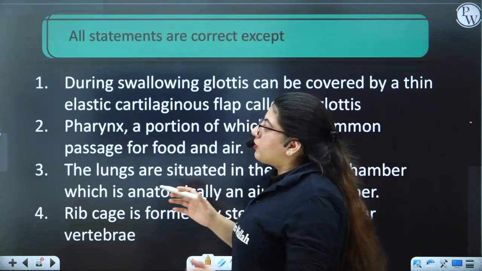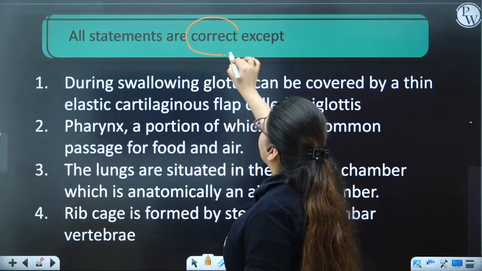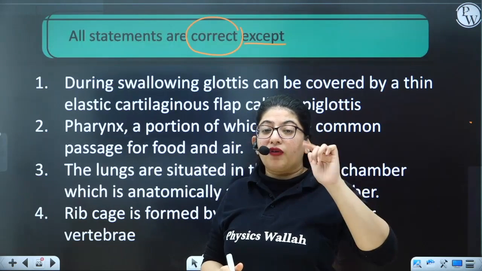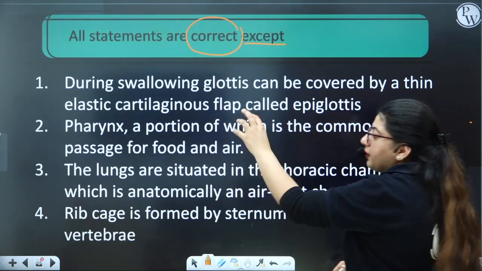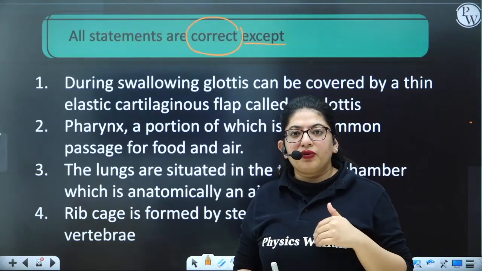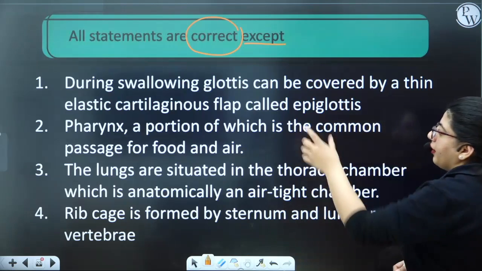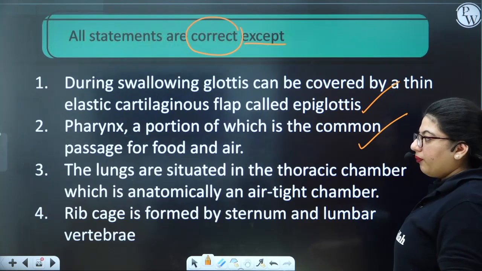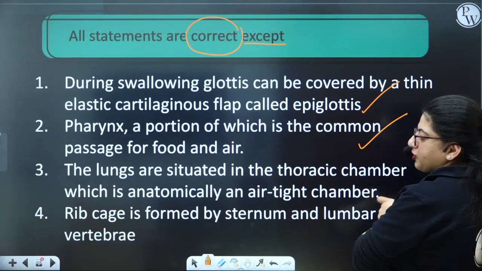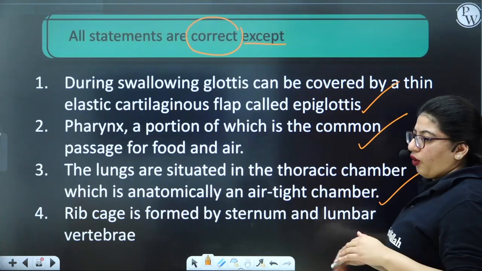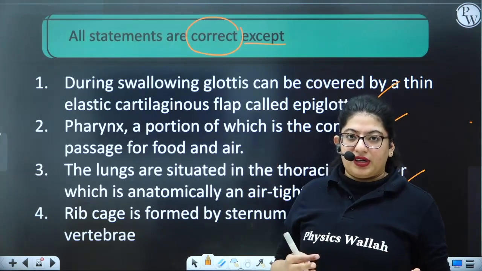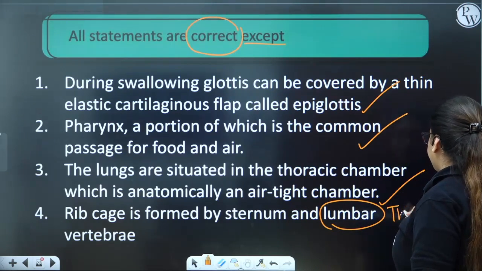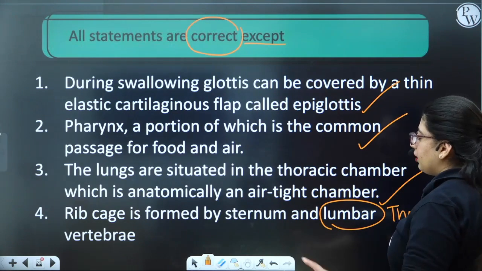First of all, what you have to find? The correct except. It is saying all are correct, leaving one statement. So you have to find the incorrect one. First is saying whenever you swallow the food, when you eat the food, the epiglottis covers the glottis. Right? So glottis is opening, covered by epiglottis. True. Pharynx is common chamber for food and air. True. Lungs are situated in a thoracic chamber, which is anatomically airtight. True. Thorax is the area. The inside chamber is a thoracic chamber. Rib cage is formed by sternum. True. But which vertebra? Thoracic, and also the ribs. So the answer is